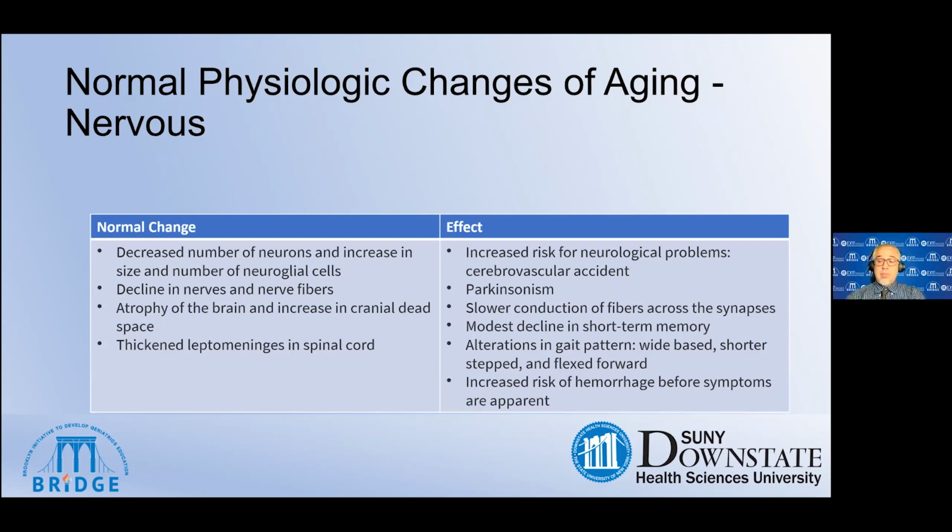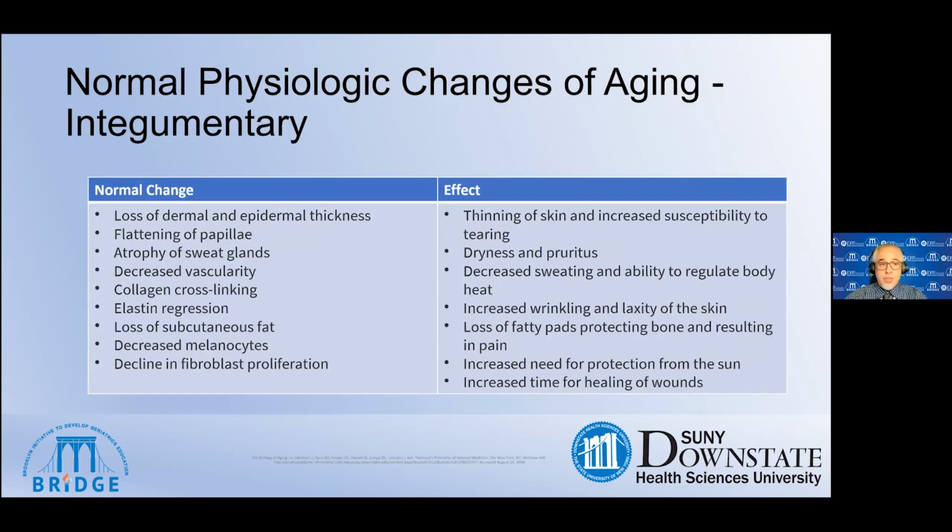There may be some slowing of gait, some widening of the gait, decreases in gait length, an increased risk of hemorrhage. And there are changes in the skin, which are sometimes more apparent in the clinical setting. There's a loss of dermal and epidermal thickness, an atrophy of the sweat glands, decreased vascularity and collagen cross-linking, some elastin regression and loss of subcutaneous fat, decrease in melanocytes and decline in fibroblast proliferation, which overall leads to a